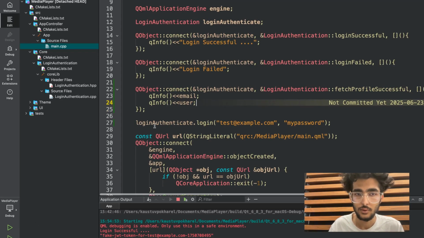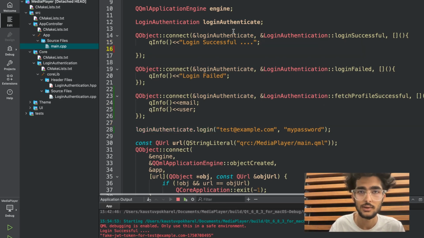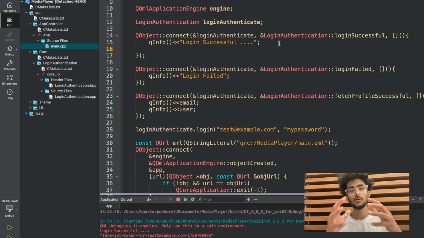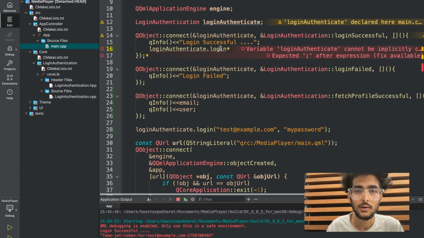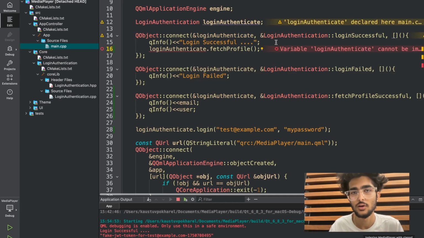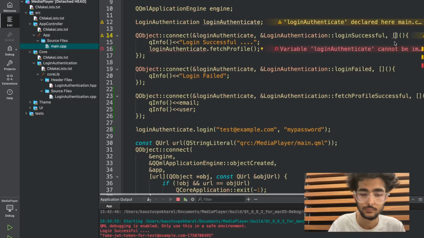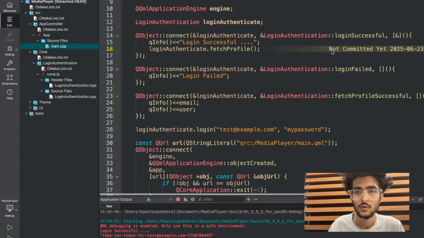And like we call this authenticate login, I will call our function here inside our login successful, because we're only going to fetch profile when the login is successful, or else we don't want to call this function. So in the loginAuthenticate dot fetch profile, this will be run when there is a login successful. This function will be running. Capture authentication. Okay, we capture everything with the help of reference. Okay,